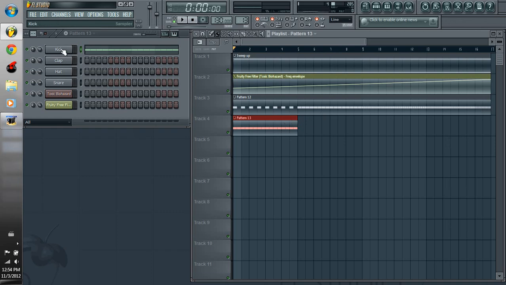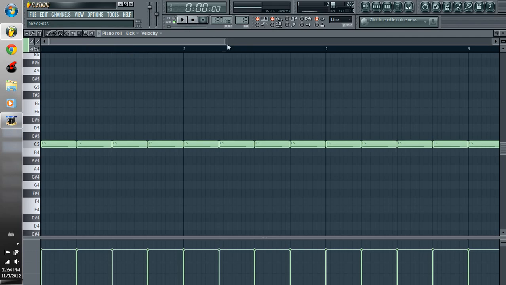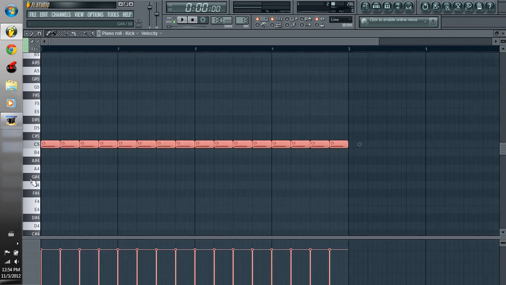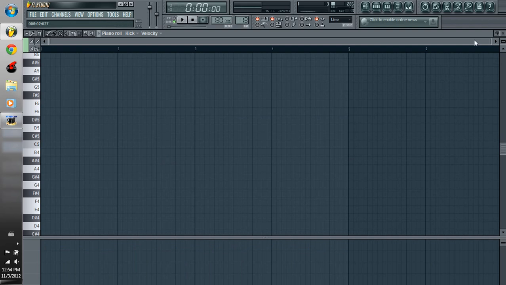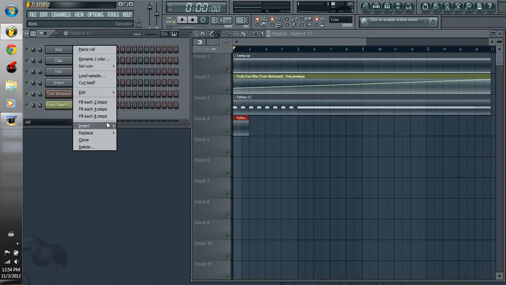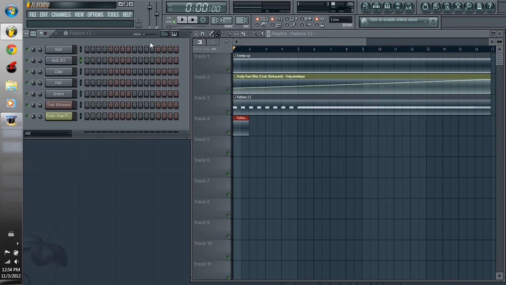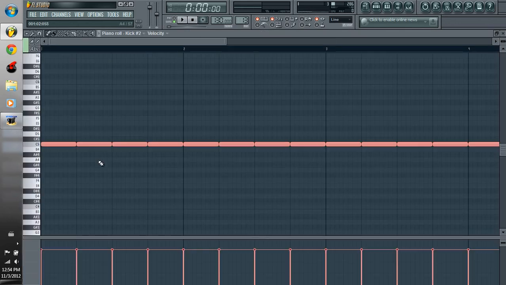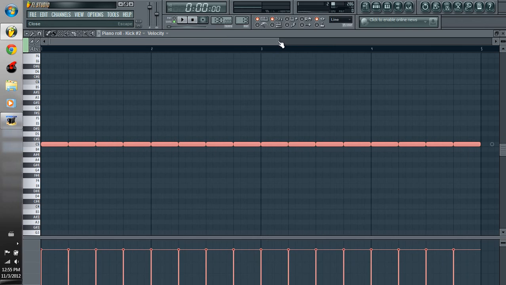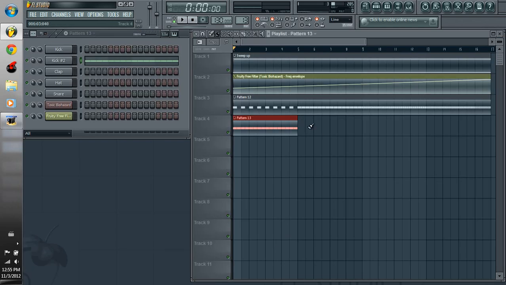Okay, go back into your piano roll, copy all of that, Control C, delete, and we're gonna clone this kick. And now we're gonna enter that into the piano roll. Press Control V and it will bring it back. Cool. Okay, so the reason I did that is because I want to sidechain to this kick and not this